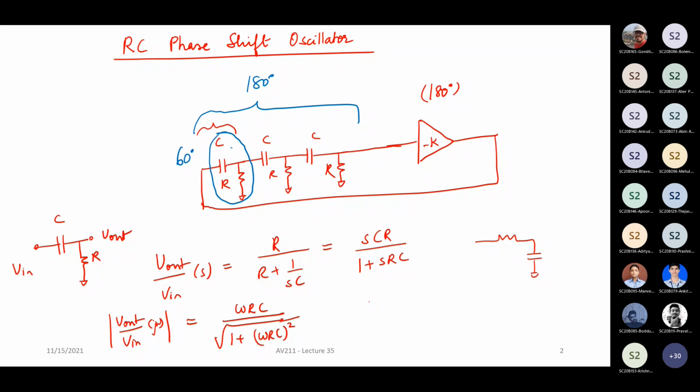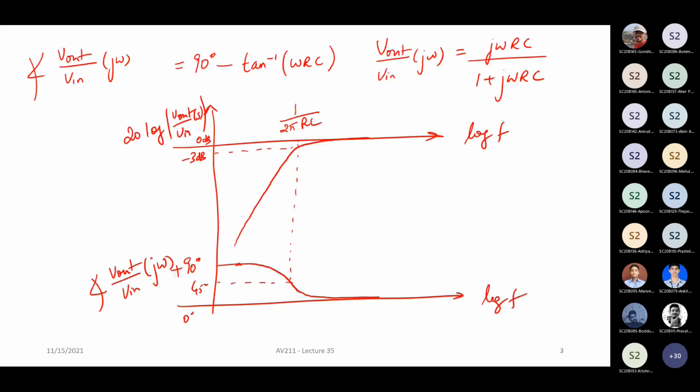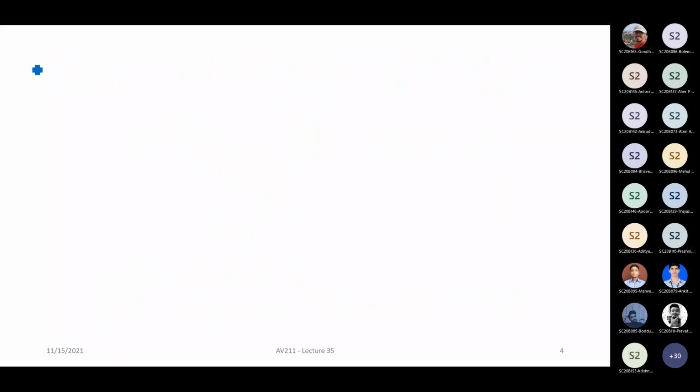All right. So for this oscillator, when you apply the Barkhausen's condition, because only when Barkhausen's conditions are satisfied, this will act as an oscillator, right? So you want this angle, this 90 degree minus tan inverse of omega RC, should be equal to 60 degree.